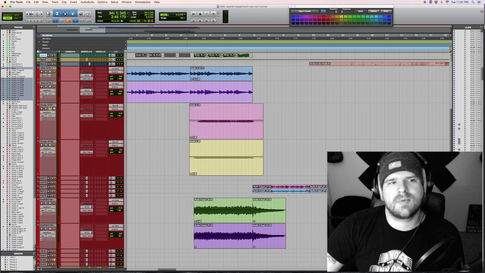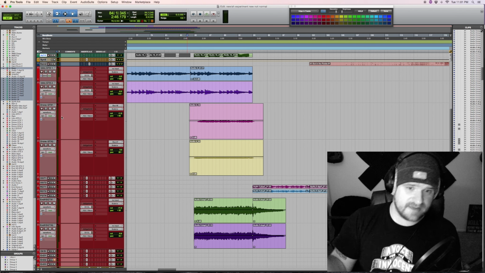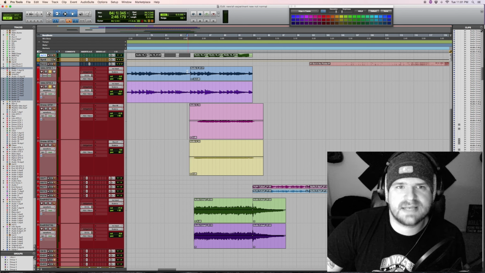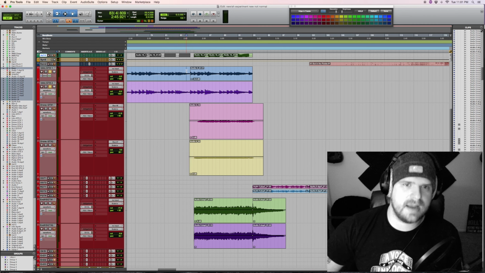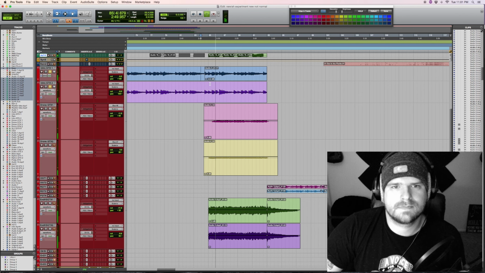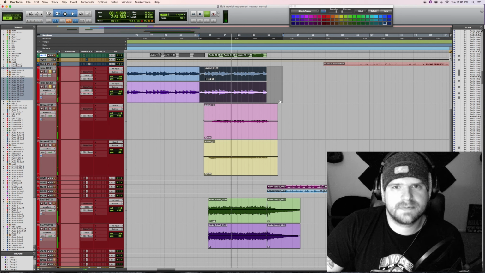But because I have a lot more going on, I didn't want to make everything go to the left and to the right. In addition to those two tracks, I still have the intro guitar, the main guitar, playing. And that's this right here.